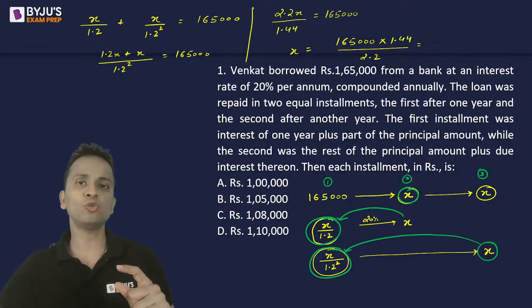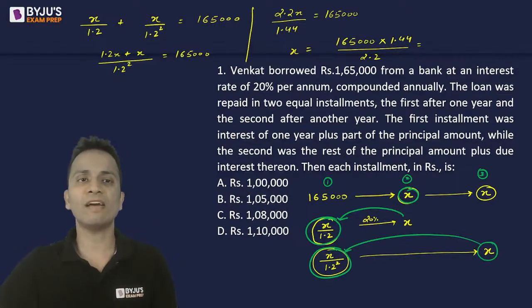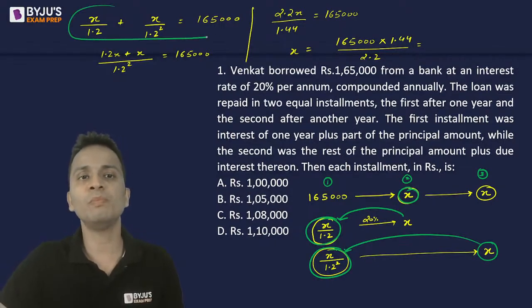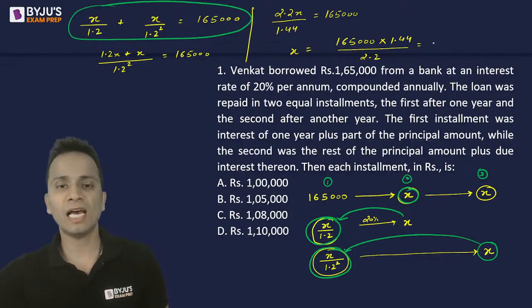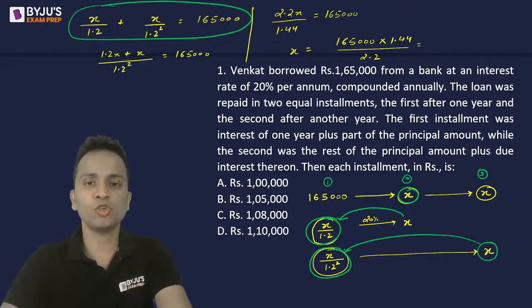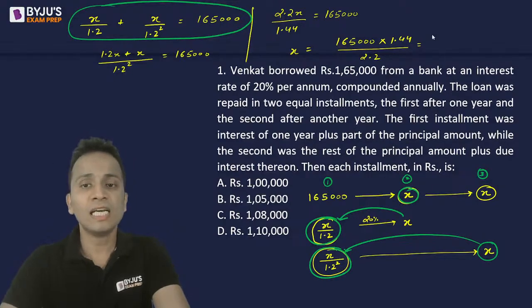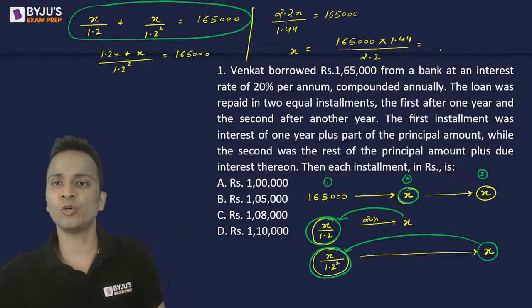The sum of these two should be equal to the loan that I have borrowed. So the sum of these two will be equal to the loan that I have borrowed, right? Now simplify for x and you will get the value of x. You will get your answer after calculating this equation. So it will come out to be